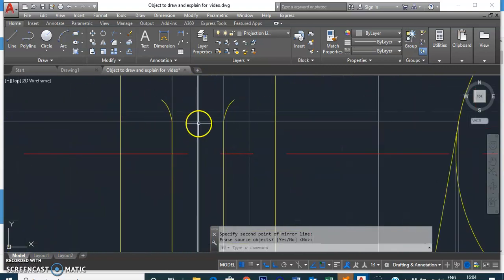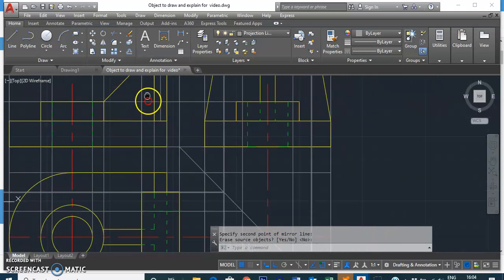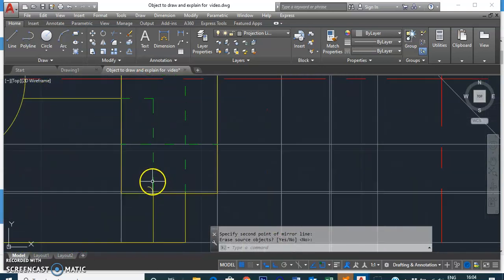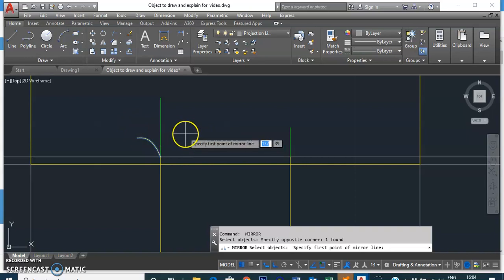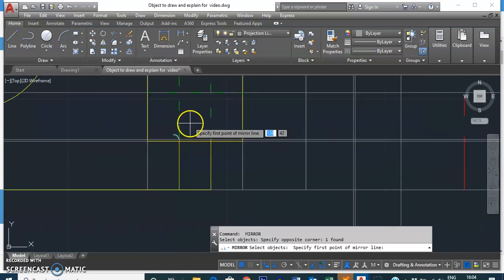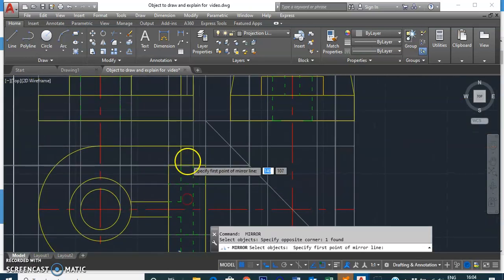The same thing can be done in the top view also, so let's do it in the top view. Now see, we have drawn one small curve over here that we can produce again on this side by just using the same mirror line, the same mirror axis. So let me give the mirror command again. Select the object. Okay, I have selected two objects. Then informing the software that my selection of the object is done. Now it is asking for the first point of the mirror line.